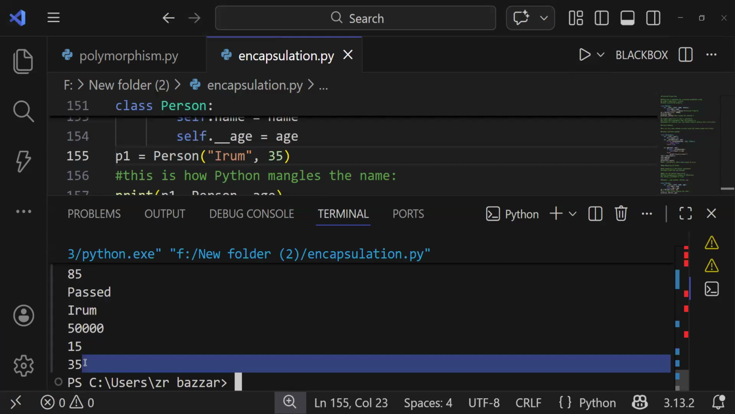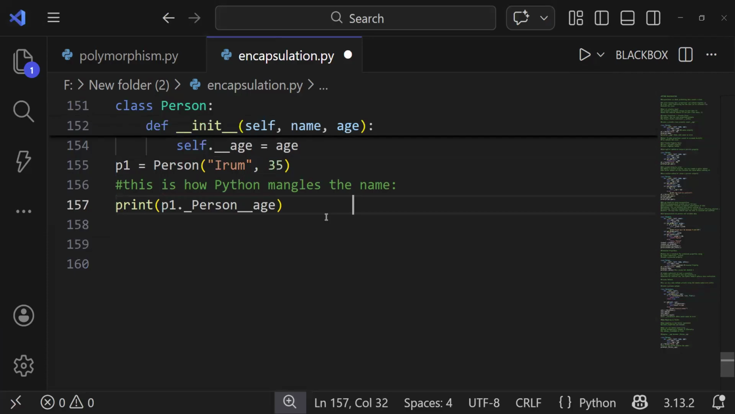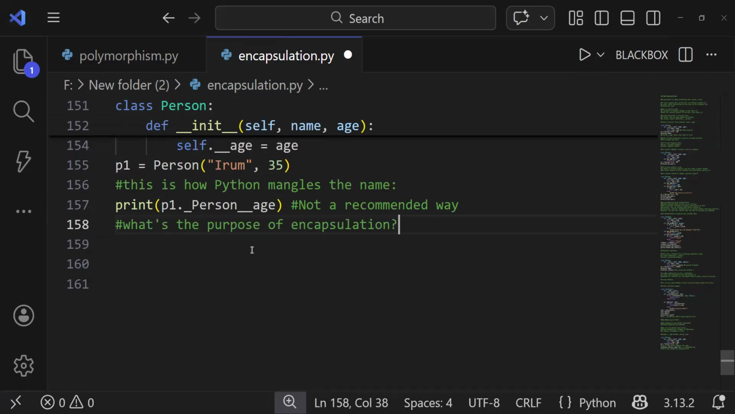So while you can access private methods and properties using the mangled name, it's not recommended. It defeats the purpose of encapsulation. So this is not a recommended way, but this is how it is, because otherwise what's the purpose of encapsulation? Right. So anyway, this is how it is. You can